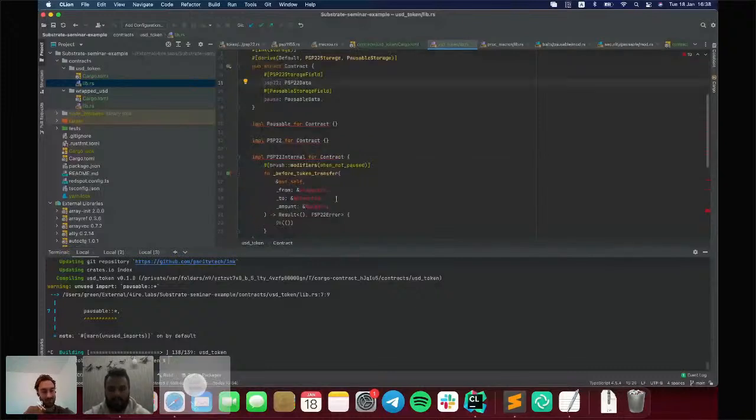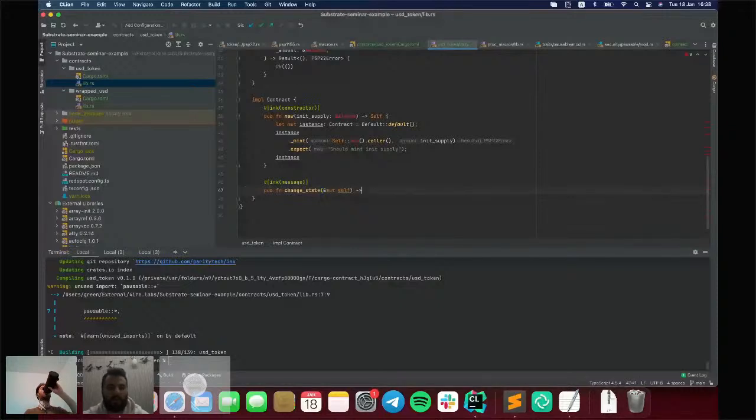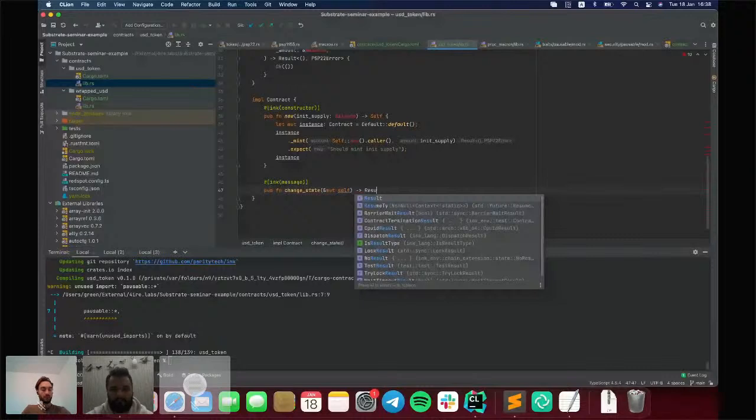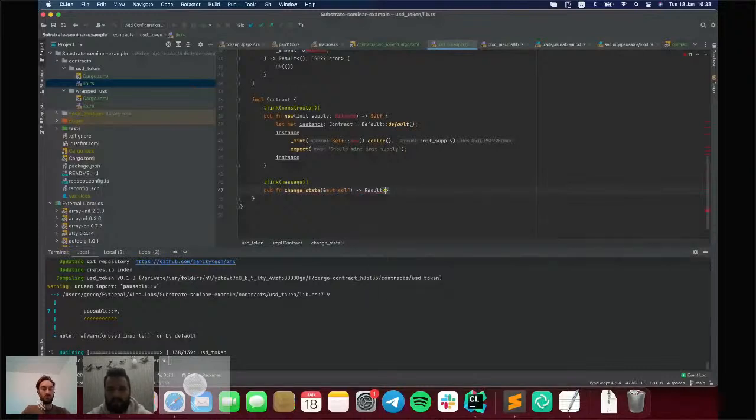Yeah. And now we plan to define a public method that will allow us to pause or unpause transferring. So we need to define a new public method. It should return PSP22 error or pausable error, however you prefer. OpenBrush also provides conversion between PSP22 error and pausable error.